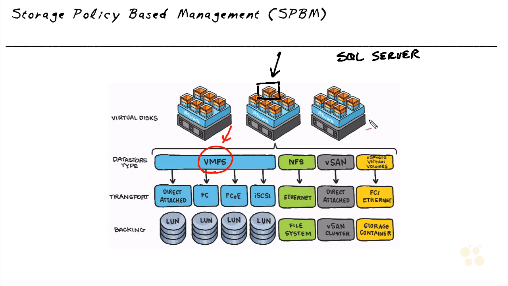Each of our ESXi hosts has a directly connected data store, and we have some data stores based on iSCSI targets. We also have an NFS-based data store. And based on a few nuggets ago, we also have a vSAN-based data store. So when we deploy our SQL Server, instead of having to choose, for example, a specific VMFS data store, or a specific NFS data store, or a vSAN data store, instead we can go ahead and simply associate a policy, specifically a storage policy, and then based on that policy, vCenter can show us a list of data stores compatible